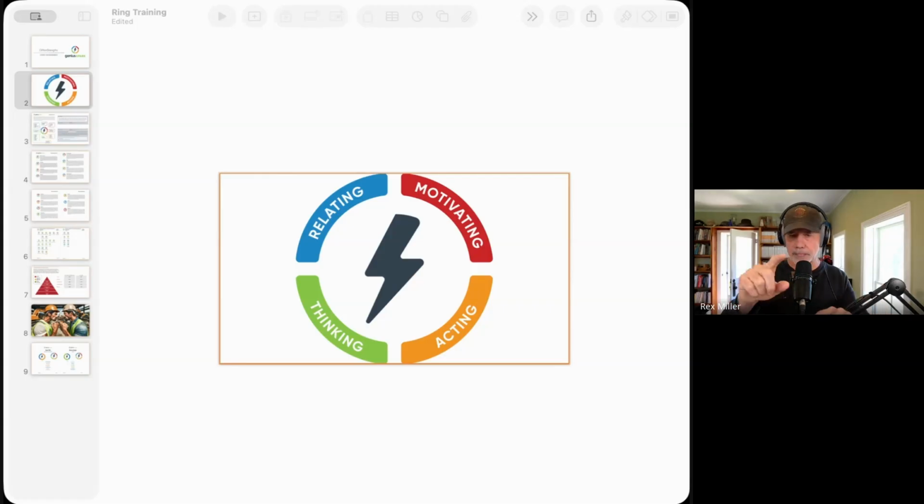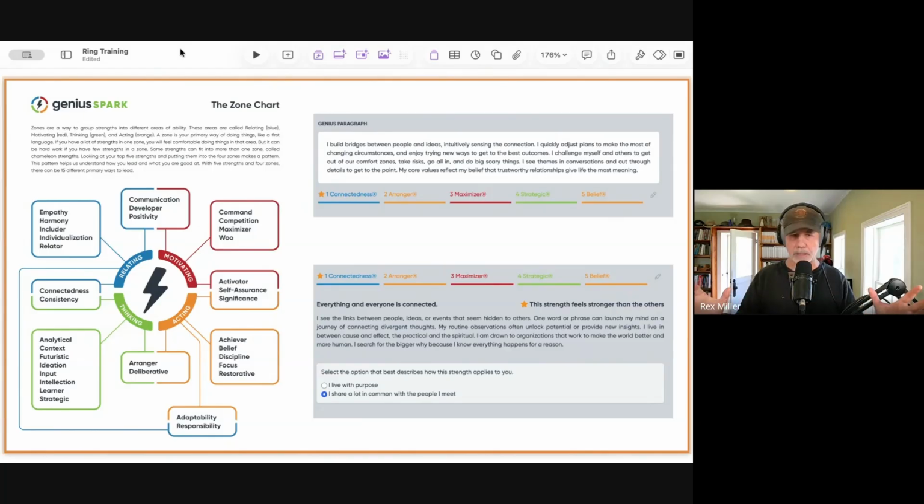So we'll see where these rings help you see dynamics between people, where energy flows and where there's collisions between them. One of the things that we provide is we've tried to merge both Genius Spark, the Gallup system, and the Core Clarity system. Core Clarity groups strengths based on how they're activated inside of you, and Gallup classifies them based on how they look to others. So let's go through some examples of these.